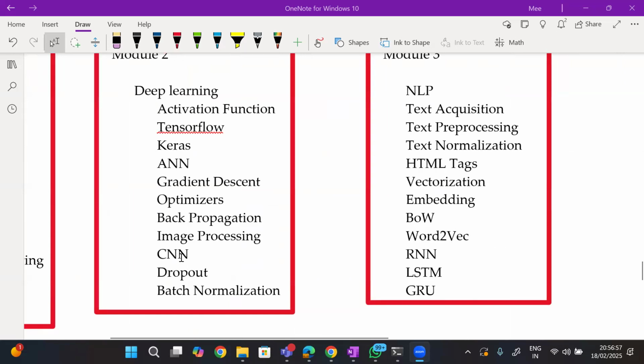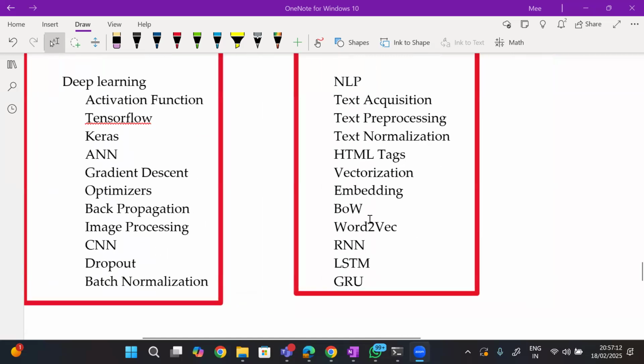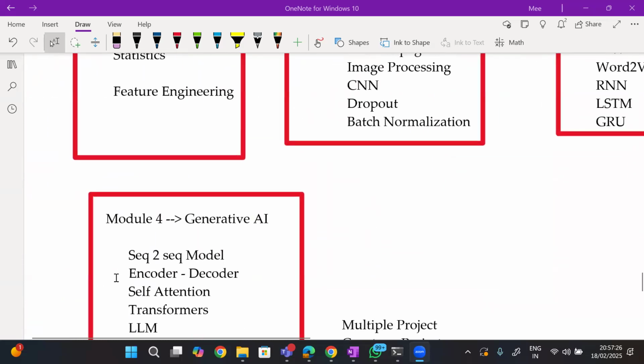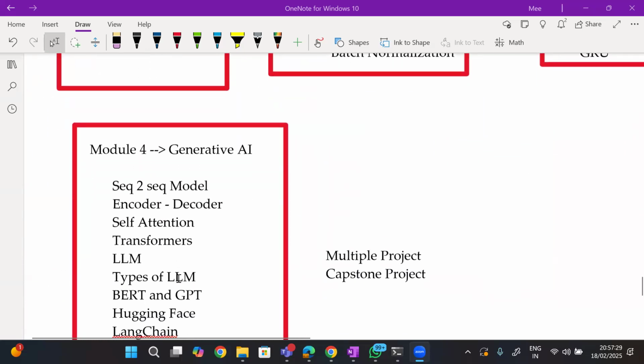Now, Sitaram was asking me whether this will be covering CV, that is computer vision. This is nothing but your computer vision only. Okay, Sitaram, this is your computer vision, and this is your NLP. Deep learning has two major concepts. One is computer vision, which deals with images. One is NLP, which deals with text. This NLP extension we will be taking forward to generative AI. And then we will be doing all these things.